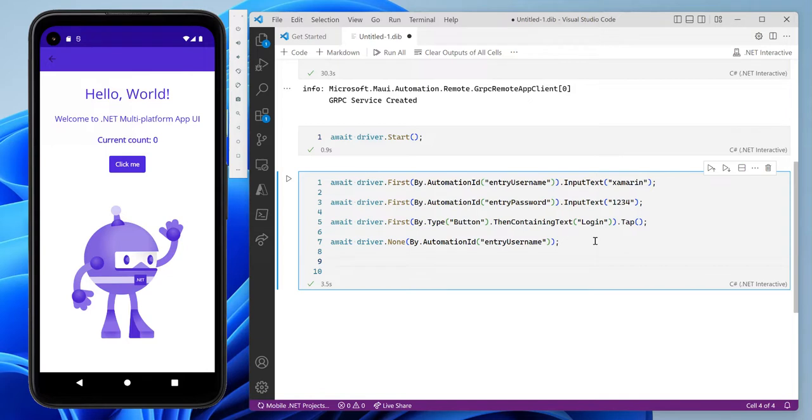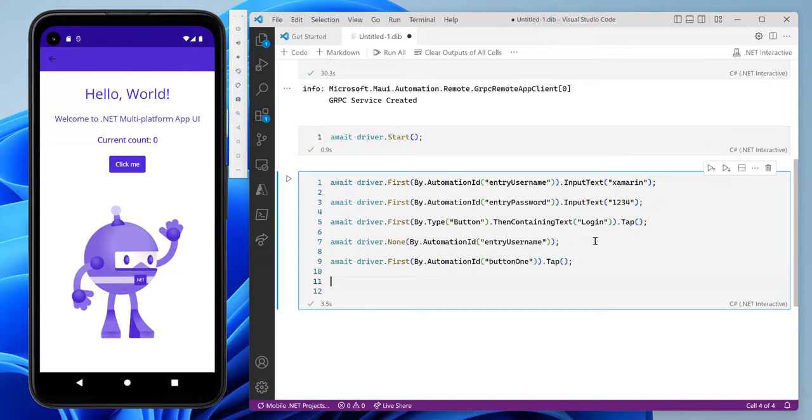So that means until the entry username has gone away. We could, again, just go straight to the next page and assume that we want to do the next step of this test. We want to click the next button, right? So we could say await driver.first by automation ID, and this one is button 1. And we might want to tap that button. And then after we've done that, we want to expect that that current counter has gone up. It's not 0 anymore. And so we can await